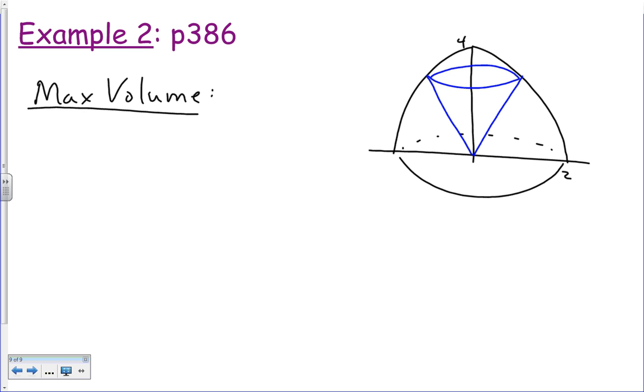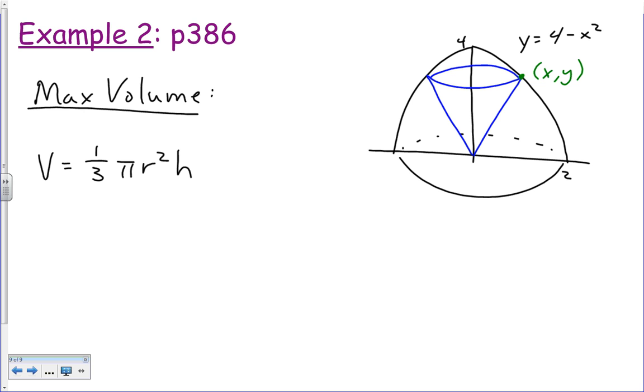Okay, so I guess the first thing we need to remember is what's the formula for the volume of a cone? Well, the volume of a cone is 1/3 times pi times the radius squared times the height. Now I want to put it in terms of this graph that I have here. Now this graph, remember, is the equation y equals 4 minus x squared. And in fact, I'm going to mark this point right here where the parabola and the cone share, and that would be the point